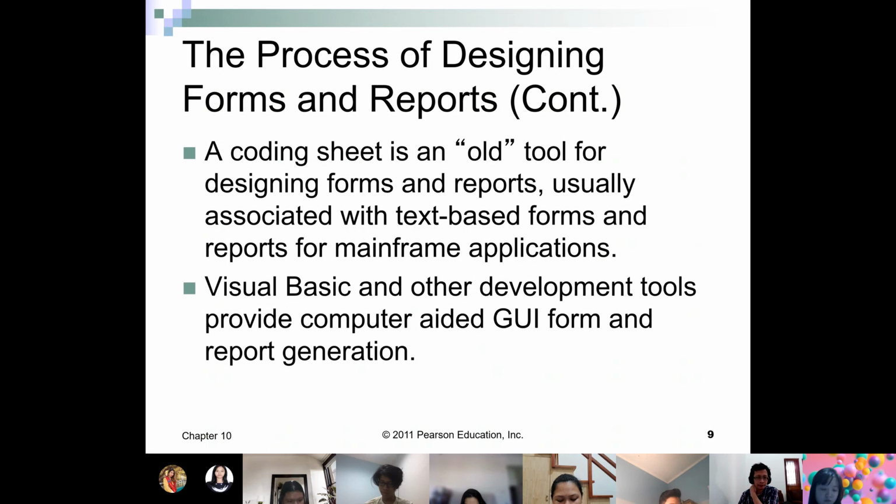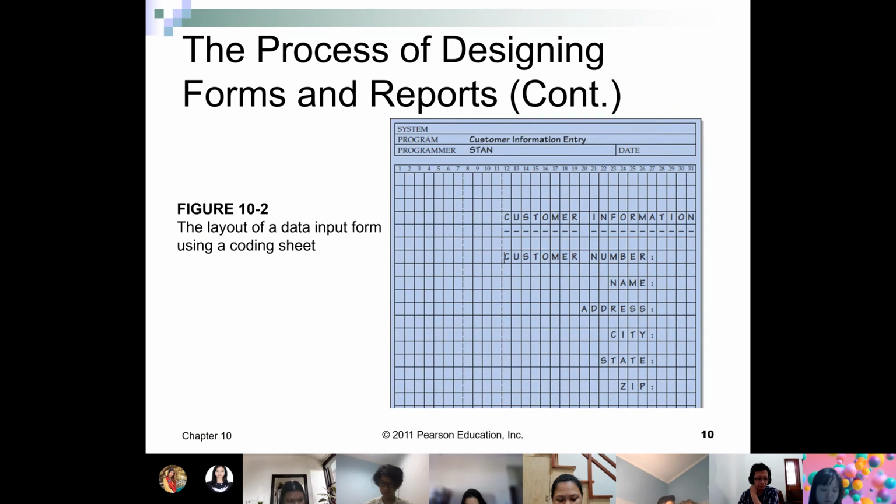In those days, when I was learning programming back in 1990, computer screens were mostly text-based rather than graphical-based like what we have today. So there is a finite amount of space on the screen for display.